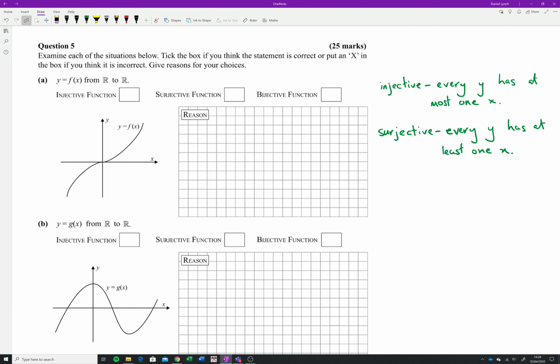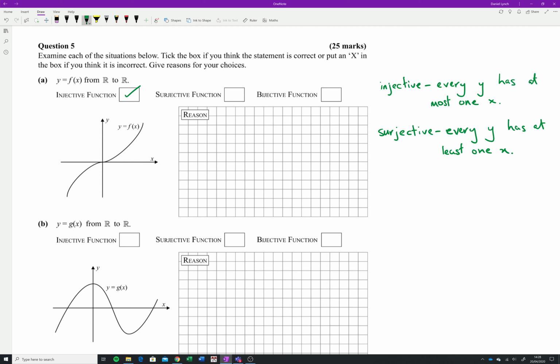So just a quick reminder, and it's not a bad idea on your exam just to write it down. Injective: every y value has at most one x value. So if you pick a particular y value and you sketch left and right, are you going to hit the graph more than once? If you are, it is not injective. You can only hit it at most once, so that is 0 or 1 time. There's no line that we can draw where it's going to hit twice or more. So this thing is